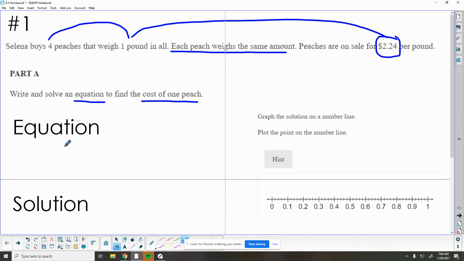So I like to set up those proportions. I know that I have my pounds, and I know that I have my money, peaches per pound. So I know when I buy